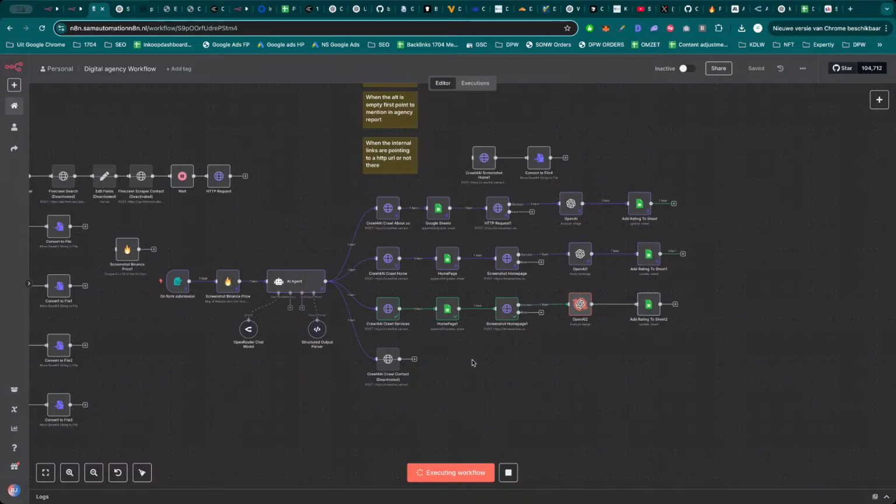we are using a form where the user can input a website URL, then the website URL will be scraped and extracted, where we get all the URLs we want, and eventually an AI agent will identify these pages from the URLs and output it with structured data like this. I will show it, and then we will scrape and crawl the About Us page. We will add the data to the Google Sheet,